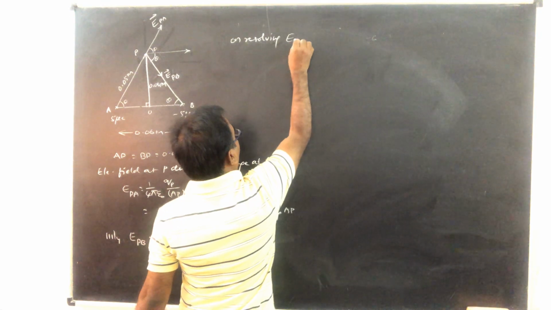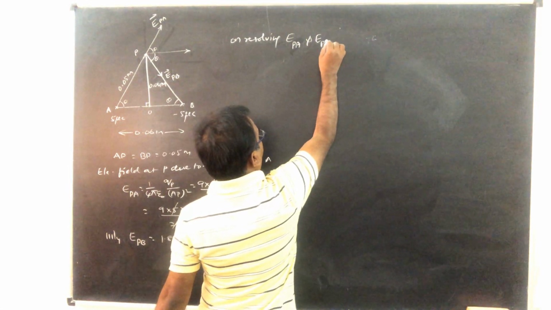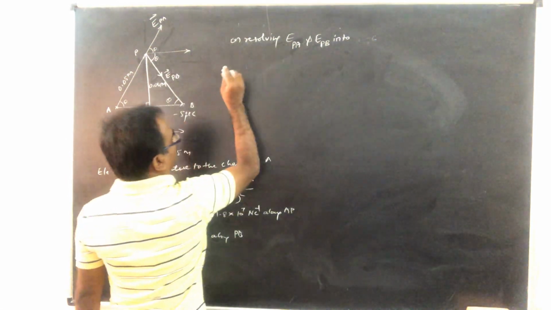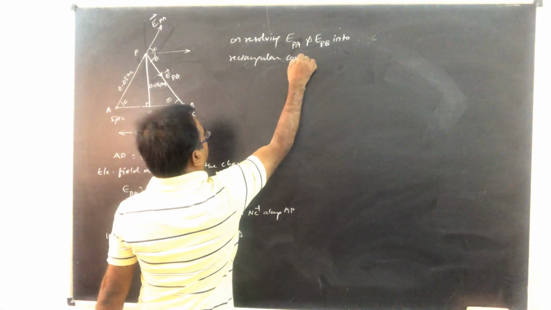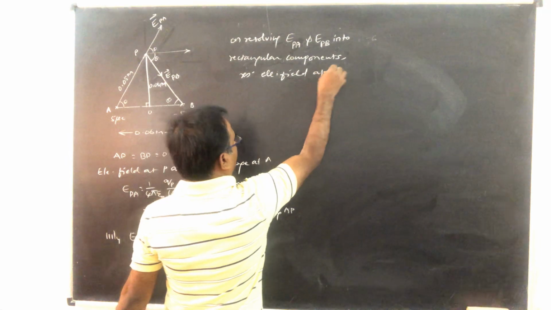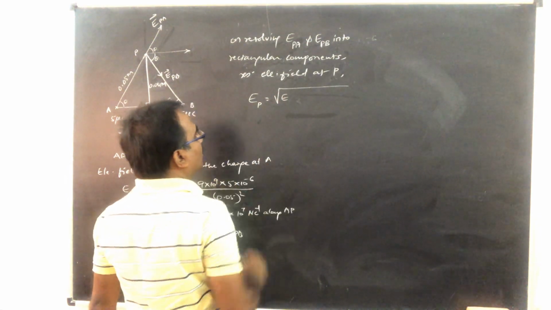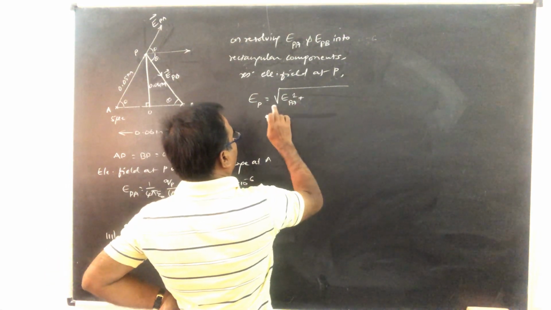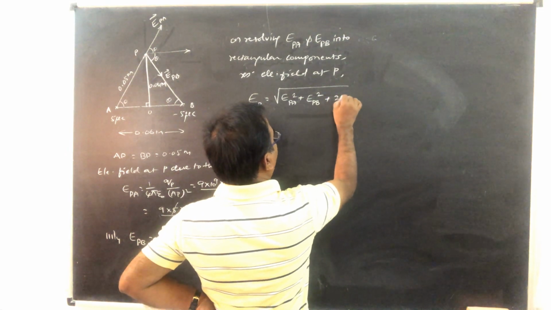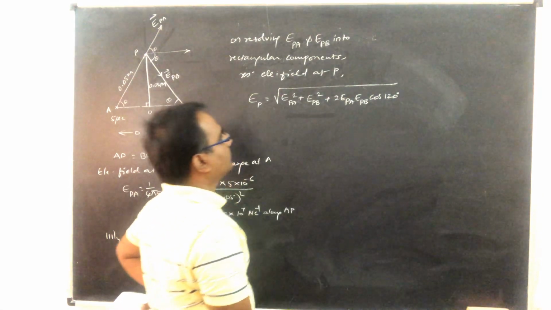On resolving EPA, electric field at P due to the charge at A, and EPB into rectangular components, the resultant electric field at P is equal to root of EPA square plus EPB square plus 2 EPA EPB cos 120 degrees, not 120, cos